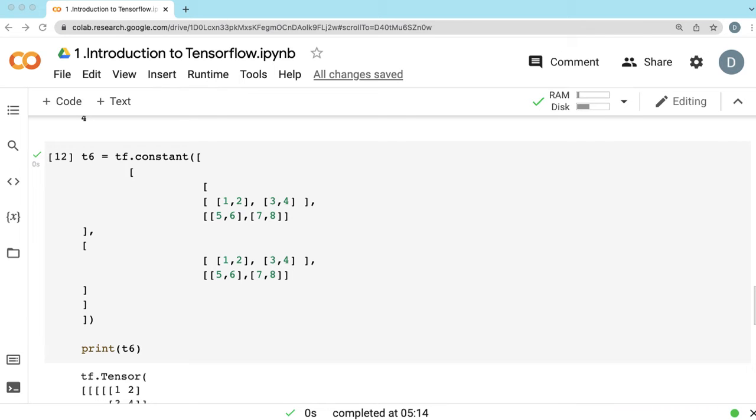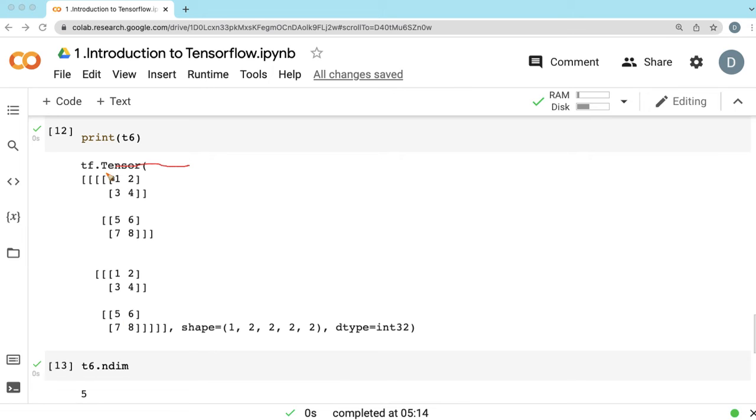So in the last video, we discussed how to create a tensor of constants. So this is a constant. This is how you create a tensor of constant, tf.constant, and you get a tensor. What is the meaning of constant then? So let's see here. The meaning of constant is